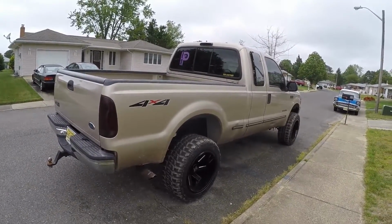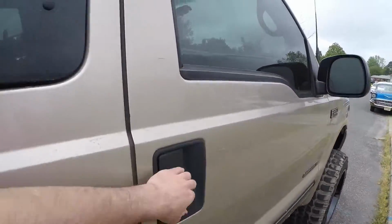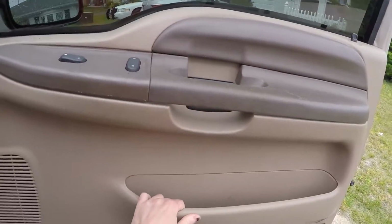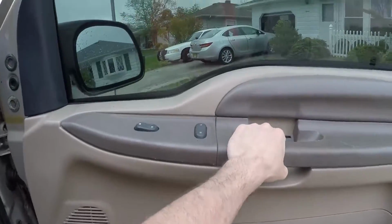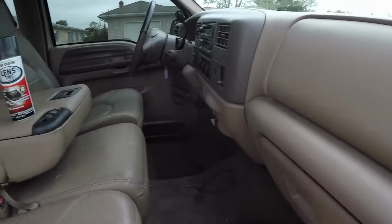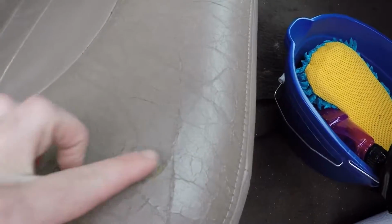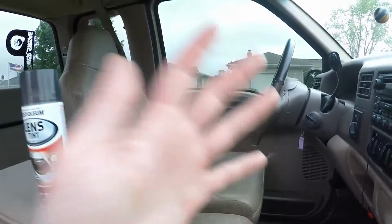But when it comes to the truck itself, this truck only has 110,000 miles, so it's not a crazy amount, but it's just solid. This does move a little bit, but it's plastic. The things that matter are strong. This isn't broken, the switches are there, it's just all there. These vents aren't broken, the dash isn't all cracked, the seats are in somewhat decent shape. It's got a little part right here where the leather's gone. That's really about it. That seat over there is good. They're just